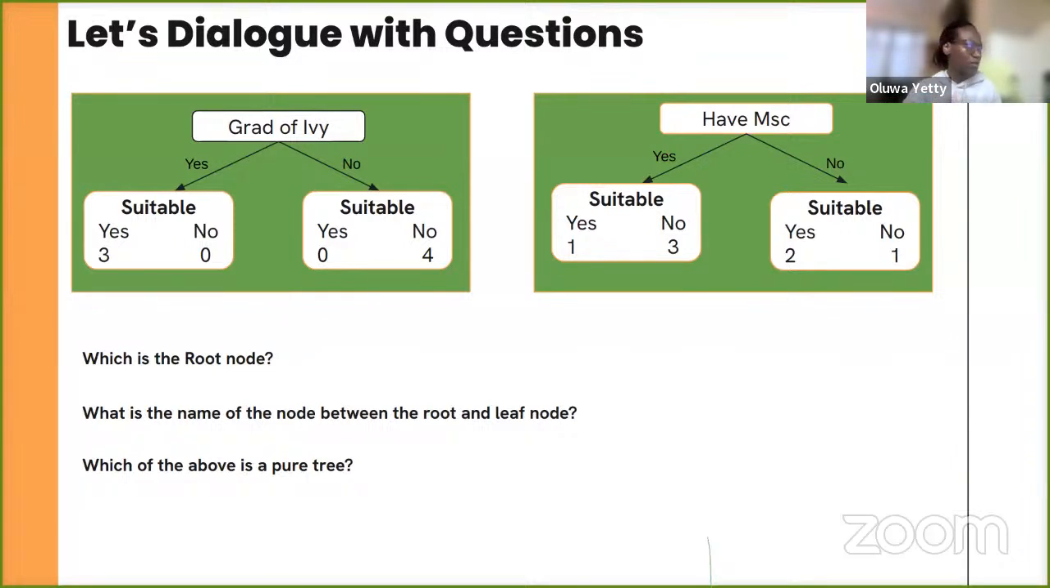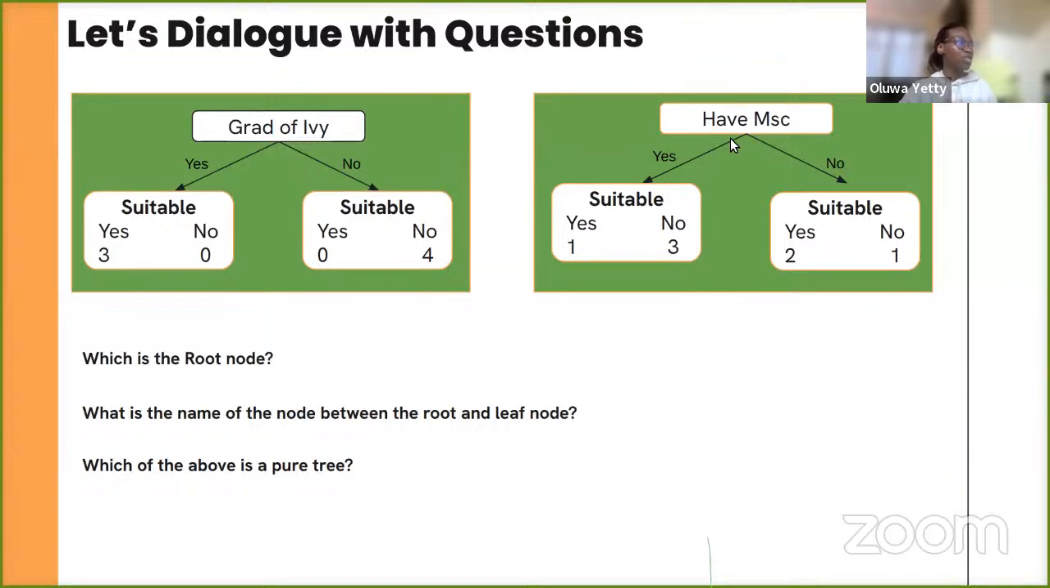So I was saying earlier that when it comes to decision trees, we want to pick the optimal path. And there is something that we call impurities. Impurity is basically the level of purity of your tree, but we'll get to know what that really means. However, I just want to juggle your brain and ask, between the first box, the grad of ivy, so you can take a guess, and the MSc box on the right here,